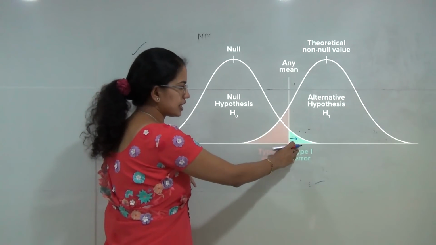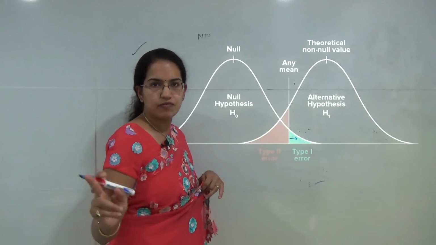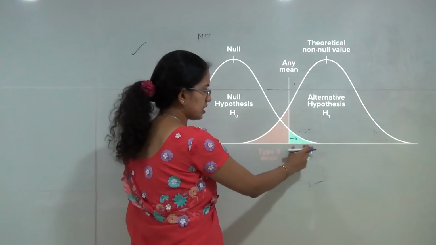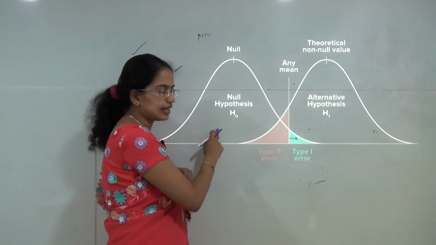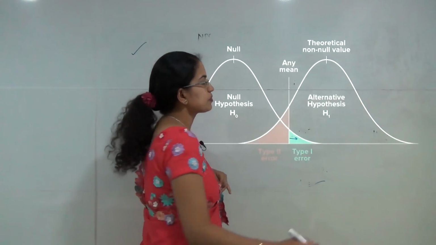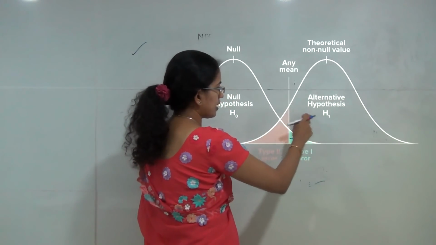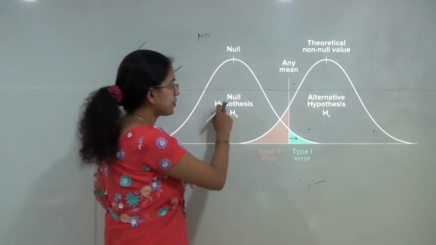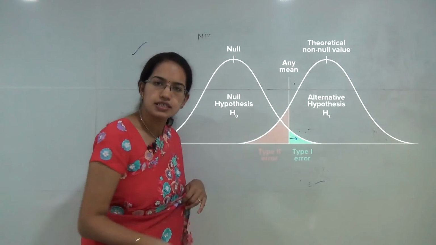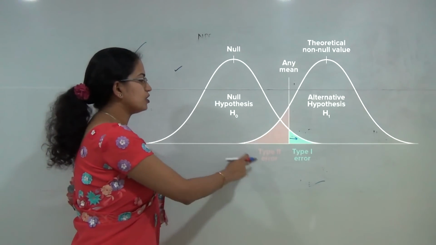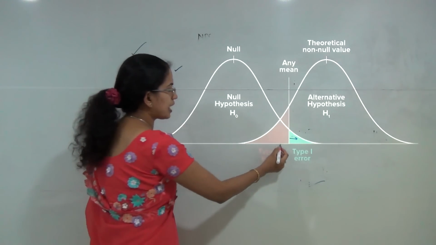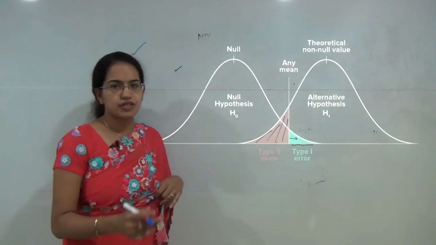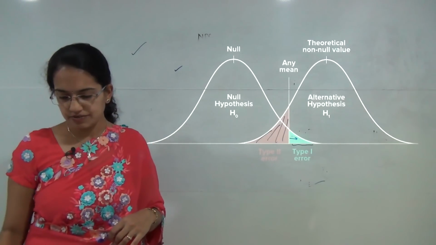would be the type 1 error. So you have the null hypothesis here, and these are the values in the null hypothesis that you are rejecting, and that would be type 1 error. The values from the alternative hypothesis that you are rejecting would be the type 2 error, or you are accepting the null hypothesis when it is incorrect. So when it is false, you are accepting it, and that would be the type 2 error. So this region would be the type 2 error, and this region would be the type 1 error. That's a brief recap of what we have discussed till now.